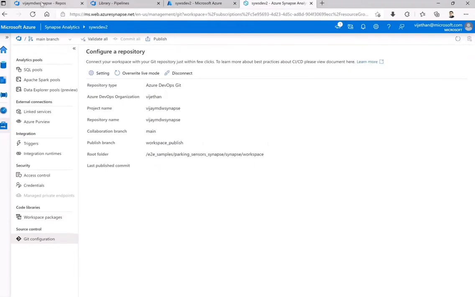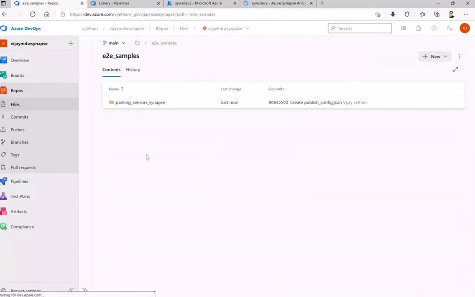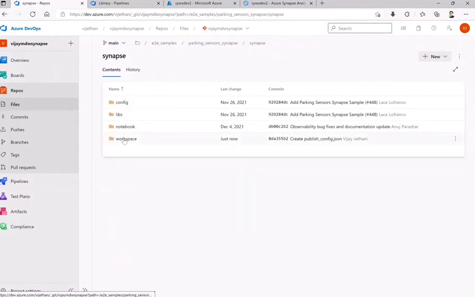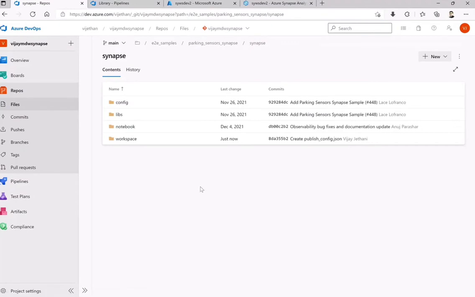So going back to this repository, let me click on the repository, and if I go to the path, exactly the same folder, if you see, the workspace folder just got created, and what it did was it pulled down everything from the snaps workspace into this particular folder for me. Okay, so this is the one thing of bringing whatever data you have within your repository so that you can use this as a reference.